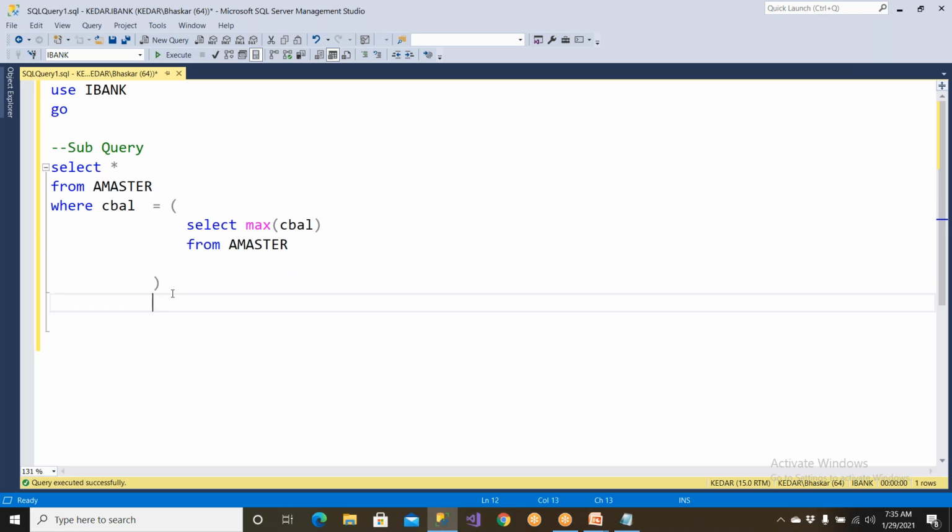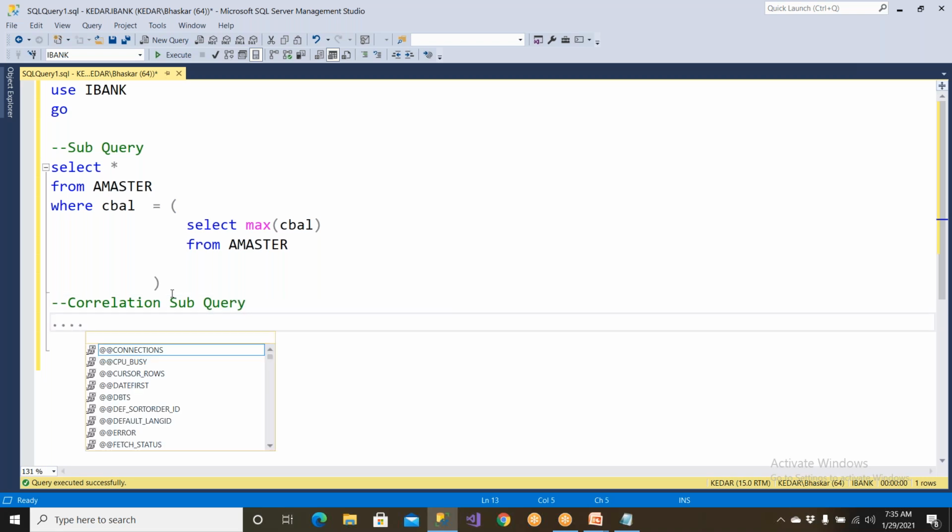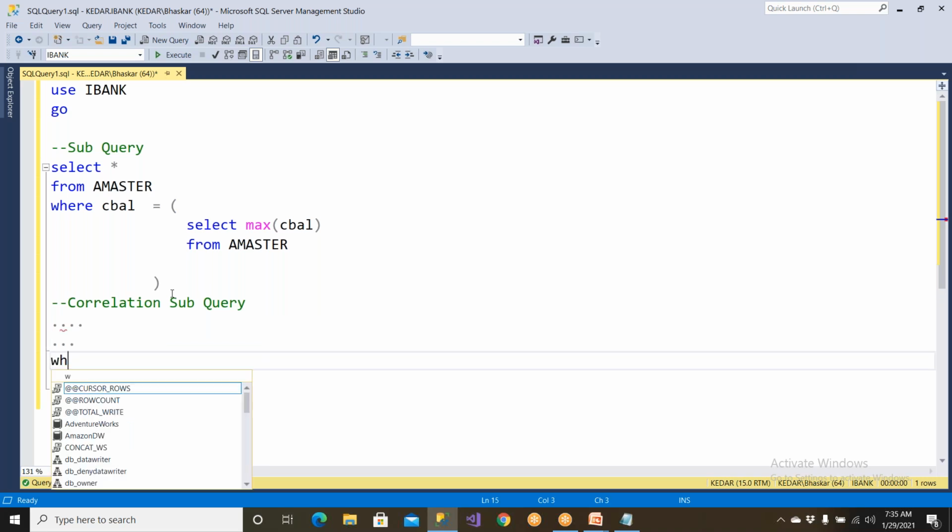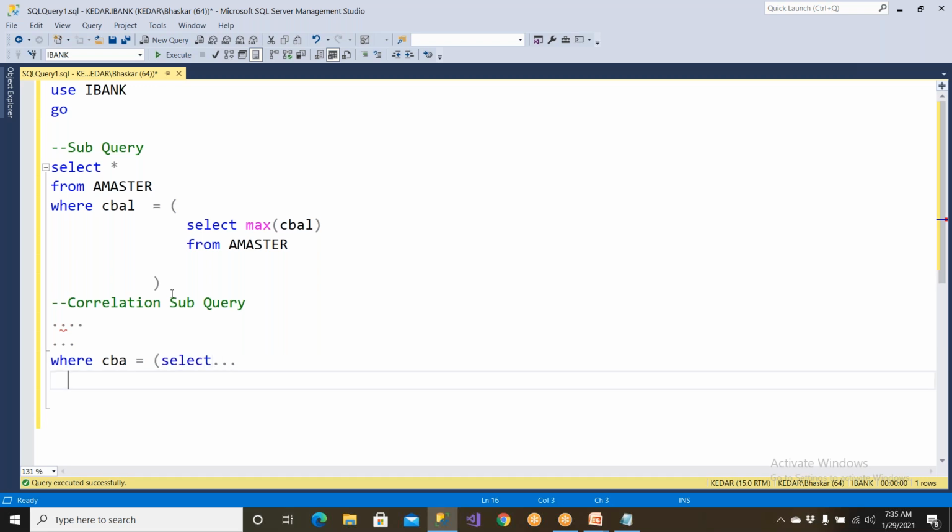But in correlation subqueries, what happens? It is something different. It is also a subquery, but a correlation subquery. In this, two people are working. One is the outer guy, and the outer guy is doing something for the inner guy. So this is the inner guy. Okay, let me write a subquery. So this outer guy is saying, hey, inner guy,